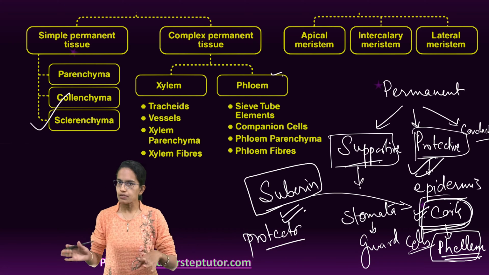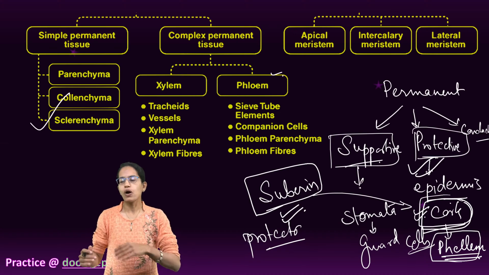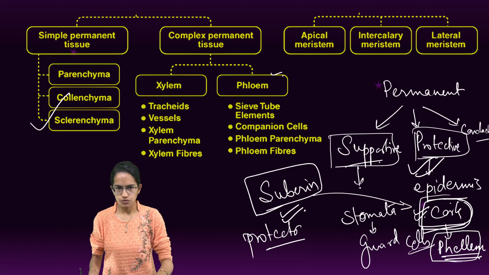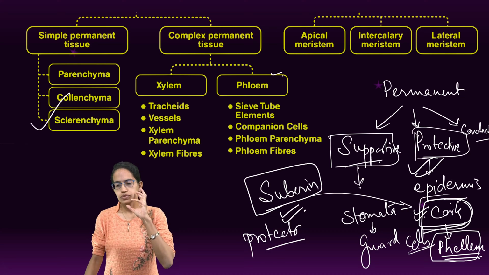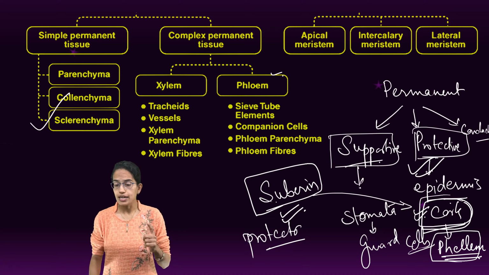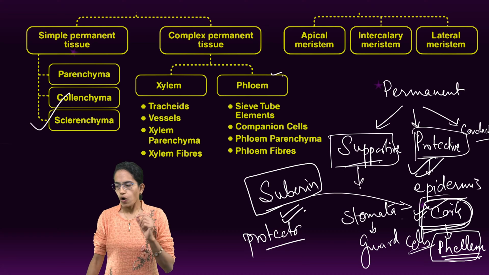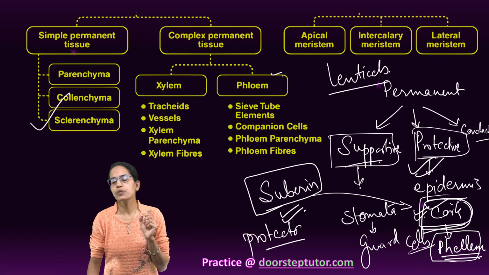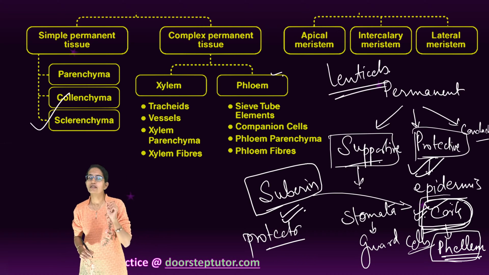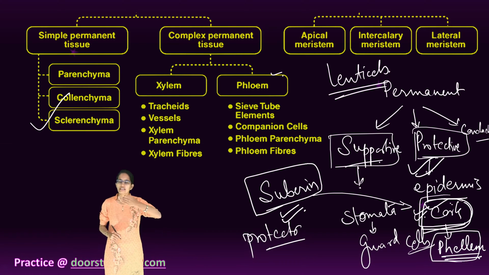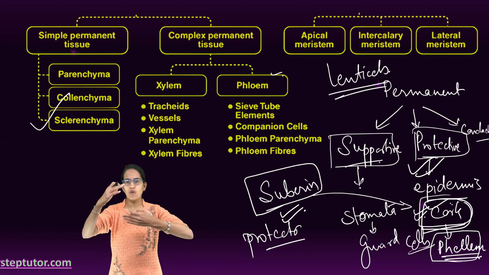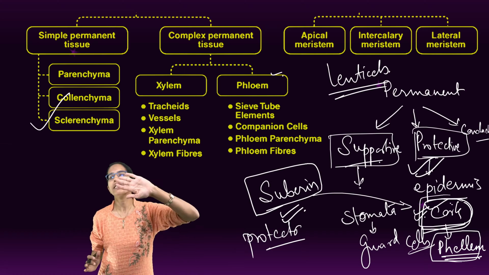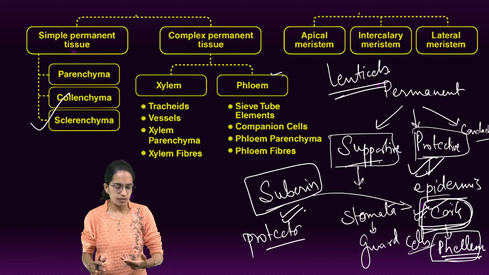The role of epidermis is again protection, but cork is more turgid and therefore provides better protection from injuries. The next important thing under cork is what? Cork does have pores in certain cases. These pores are known as lenticels. Now what is the function of lenticels? Lenticels help provide airflow to the internal tissues and therefore maintain the aeration within the system.